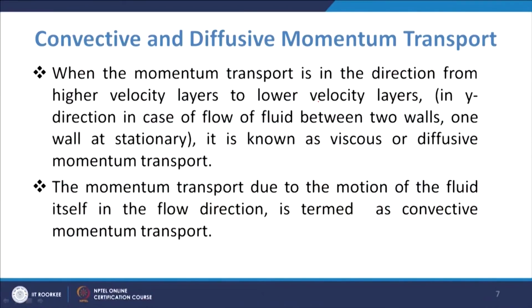Then comes the mode of momentum transport. Basically there are two modes of momentum transport: one is convective transport, and the other is diffusive transport. Now, as we have seen in the earlier case, you will have higher velocity at the lower layer and lower velocity at the upper layer. So, when you have momentum transport from the higher velocity layer to the lower velocity layer,